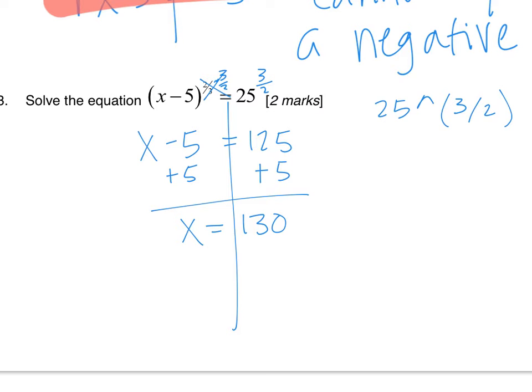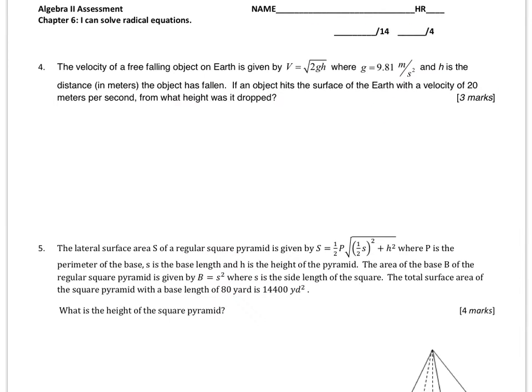All right, that is the first half of the review. The second part are word problems. The velocity of a free falling object on Earth is given by this equation, where g is 9.81 and h is the distance or height that the object has fallen. If an object hits the surface of the Earth with a velocity of 20 meters per second, from what height